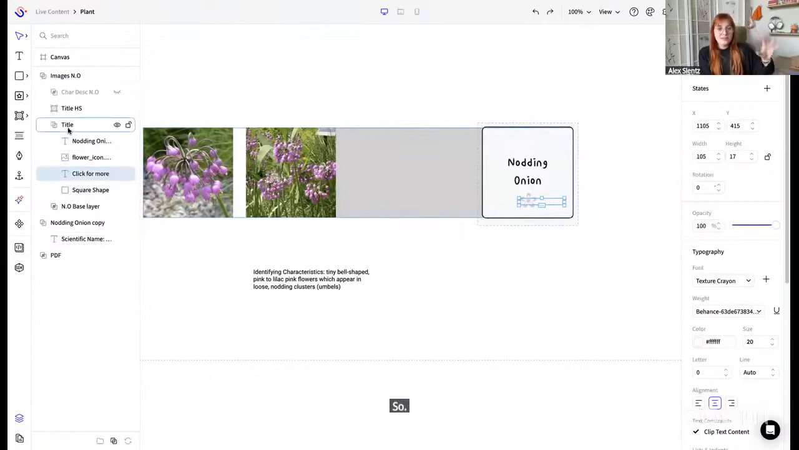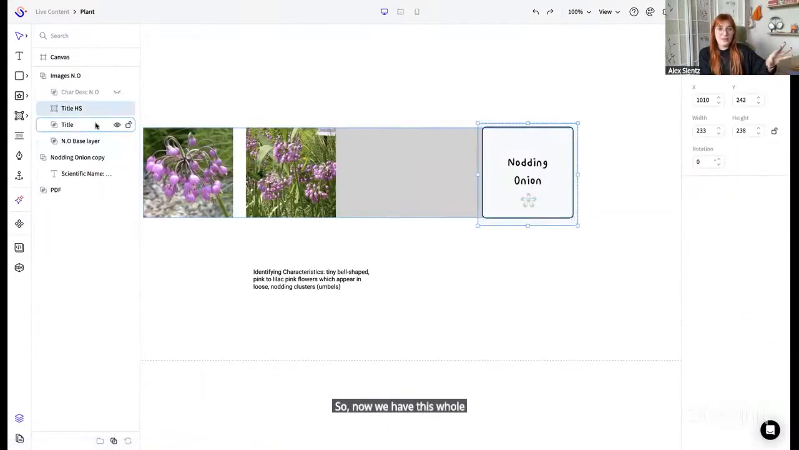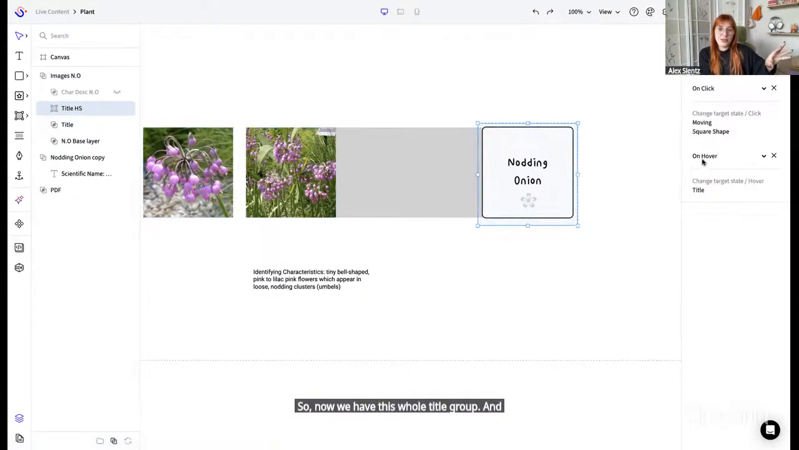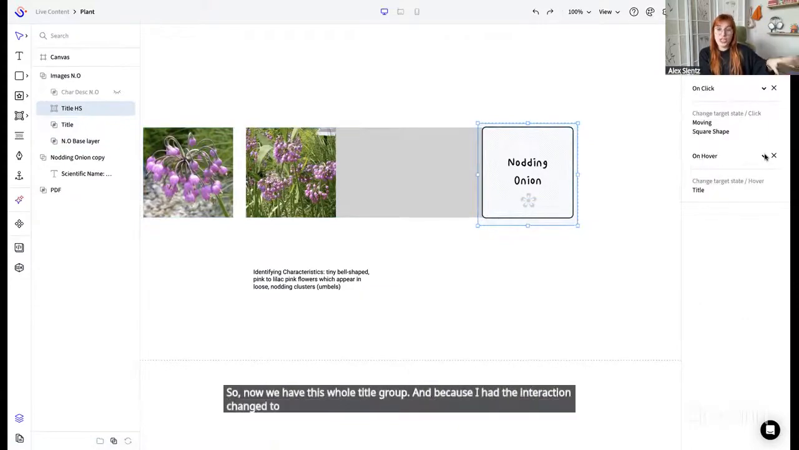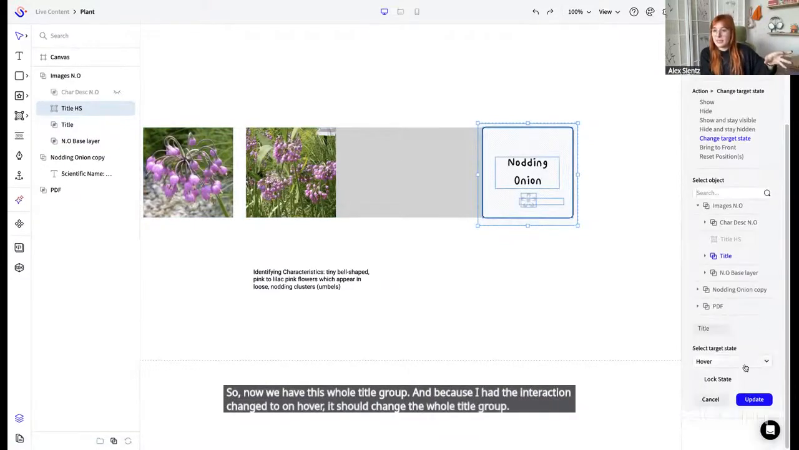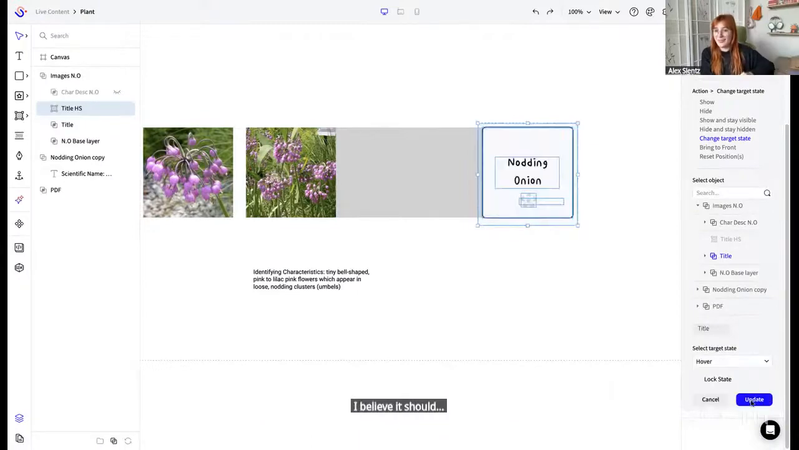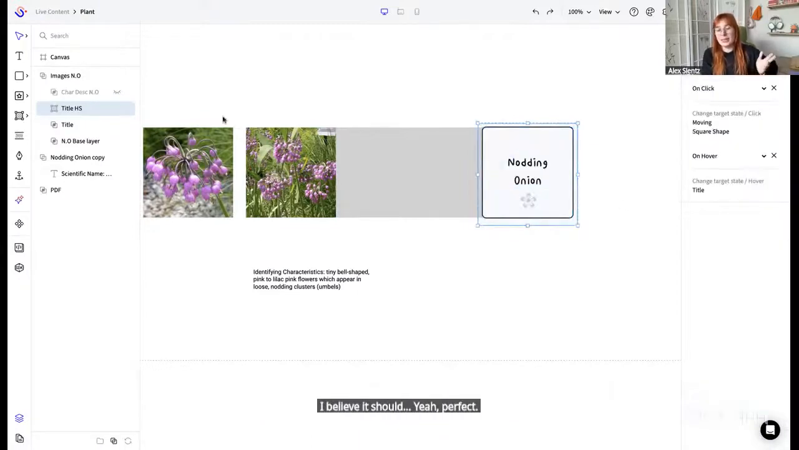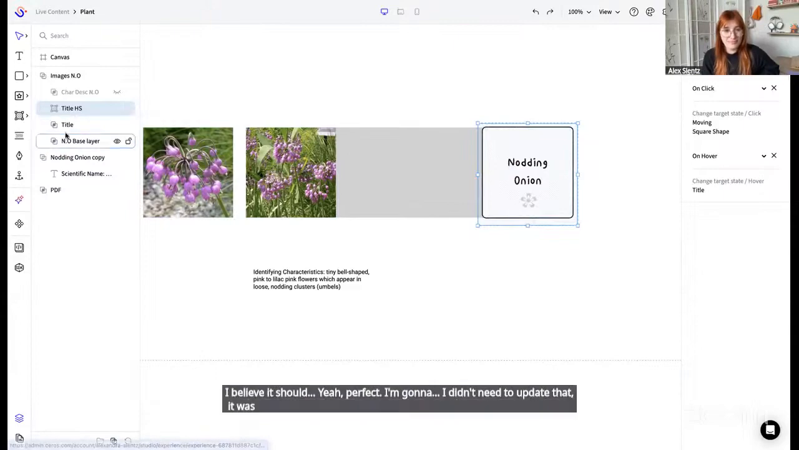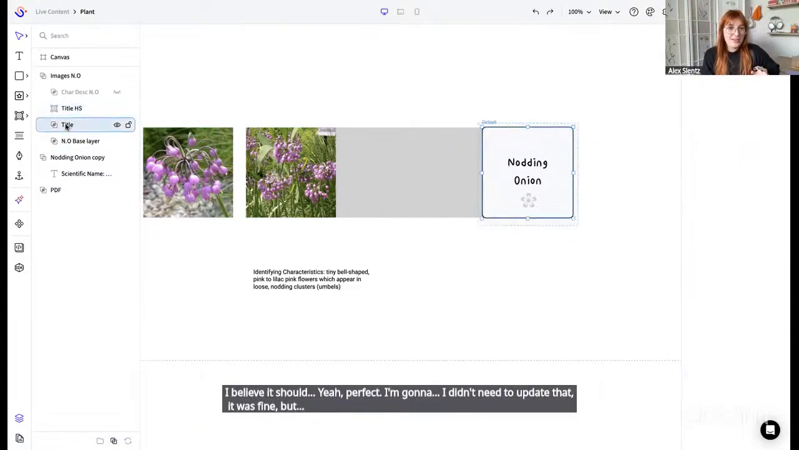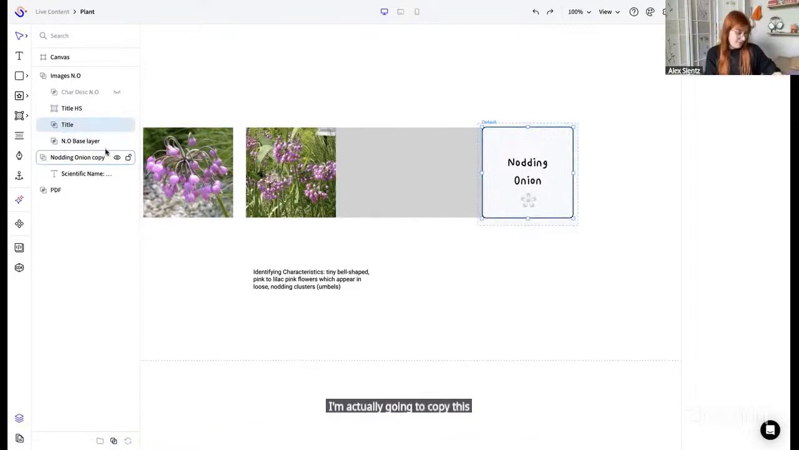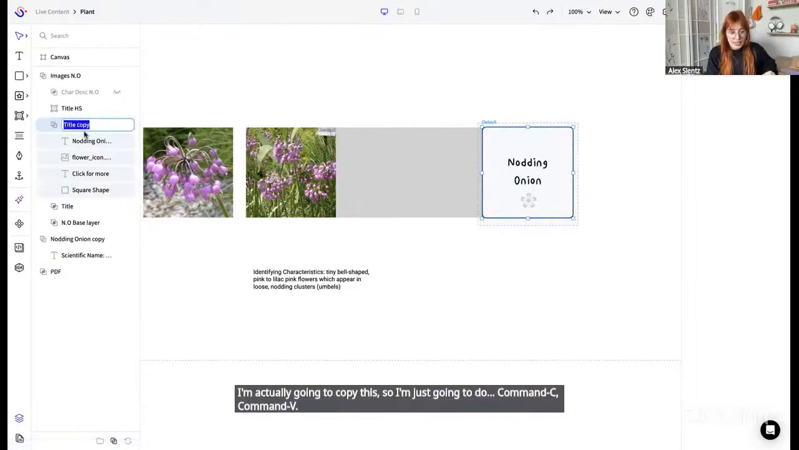Okay, cool. So now we have this whole title group. And because I had the interaction change to on hover, it should change the whole title group. I believe it should. Yeah, perfect. I didn't need to update that. It was fine, but okay. Now that I have these interactions applied, I'm actually going to copy this. So I'm just going to do Command C, Command V. I'm going to rename this to